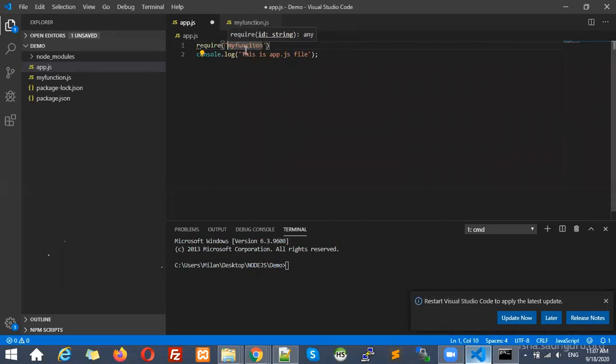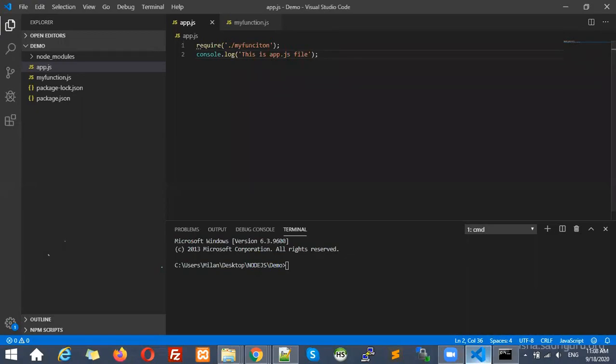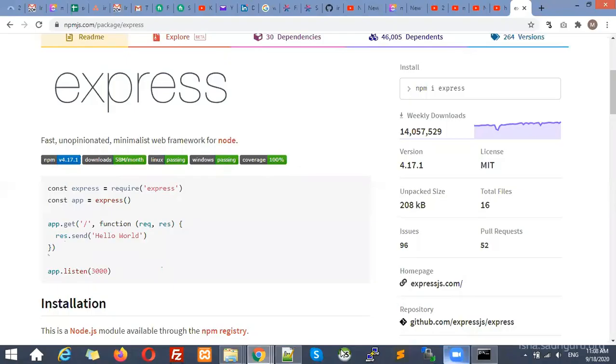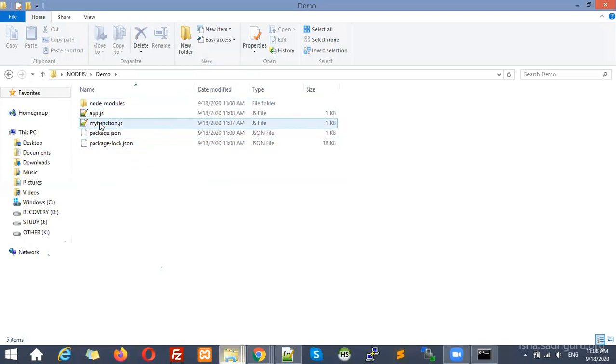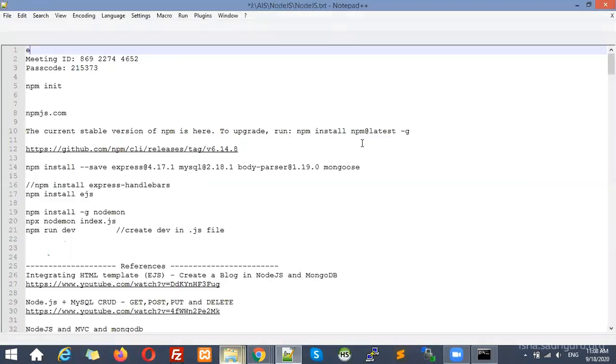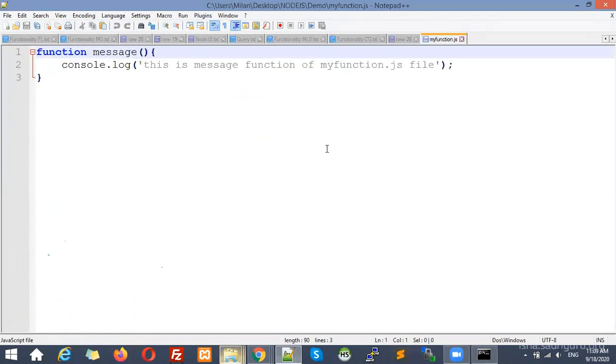Also, this is not an inbuilt package, so that's why we cannot write it directly. Instead, we have to write dot slash, that means the current directory, because this file is located in the current directory. That's why I have mentioned dot and slash. Okay. Instead of this one, let me write it into Notepad so it will be visible properly. Okay. So let me open that project. So this is our project folder. Now I'm going to open this file in Notepad++. Right.